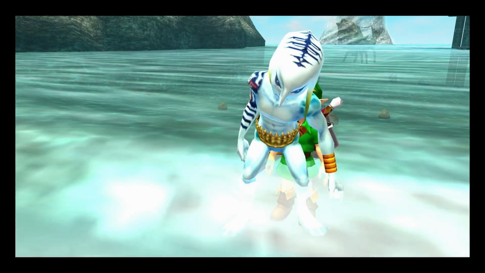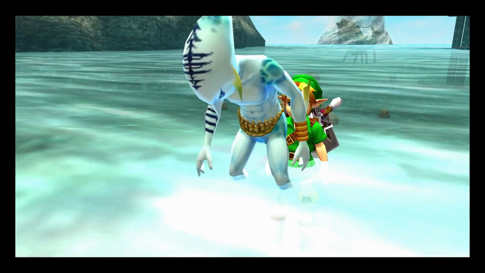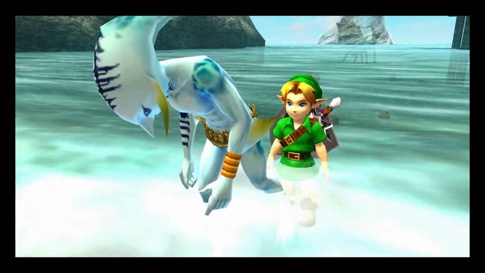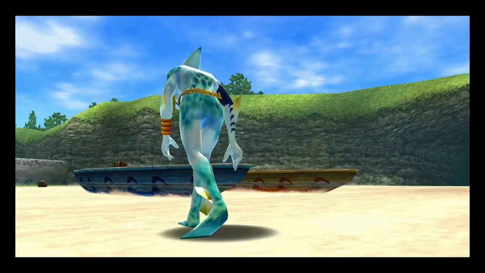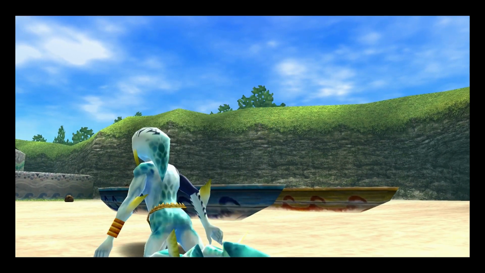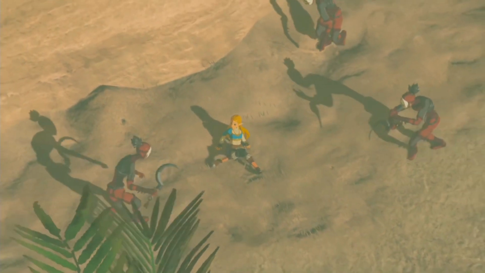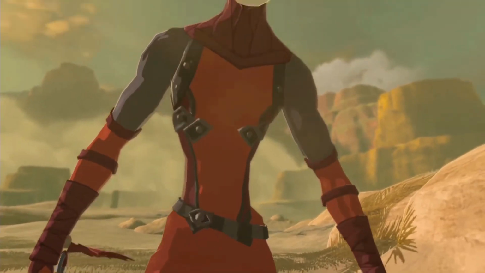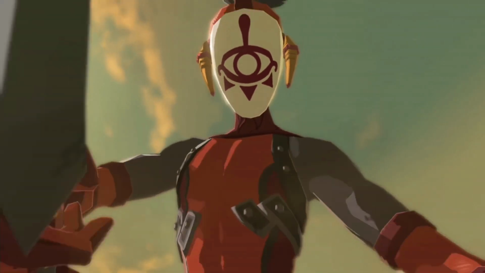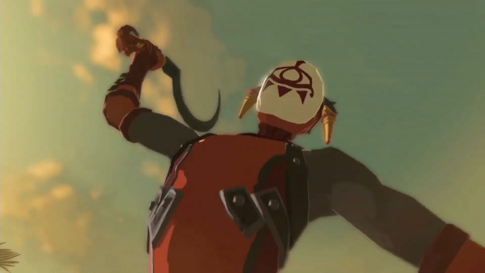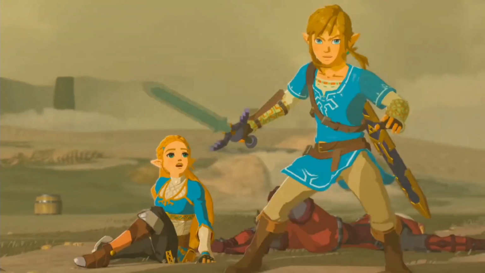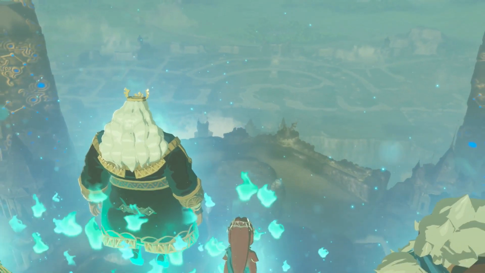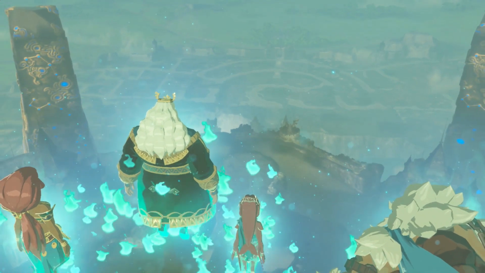But the reason some characters need to die is because Link shouldn't be able to save everybody. If he always is able to save everyone, it seems like there's no one at risk. If he always saves everyone and gets that happy ending, that means the audience will always expect that. So if someone is in peril later, they're not going to take it that seriously. They're going to assume that that character will be alright because they're always alright, which totally deflates the purpose of putting a character in peril.